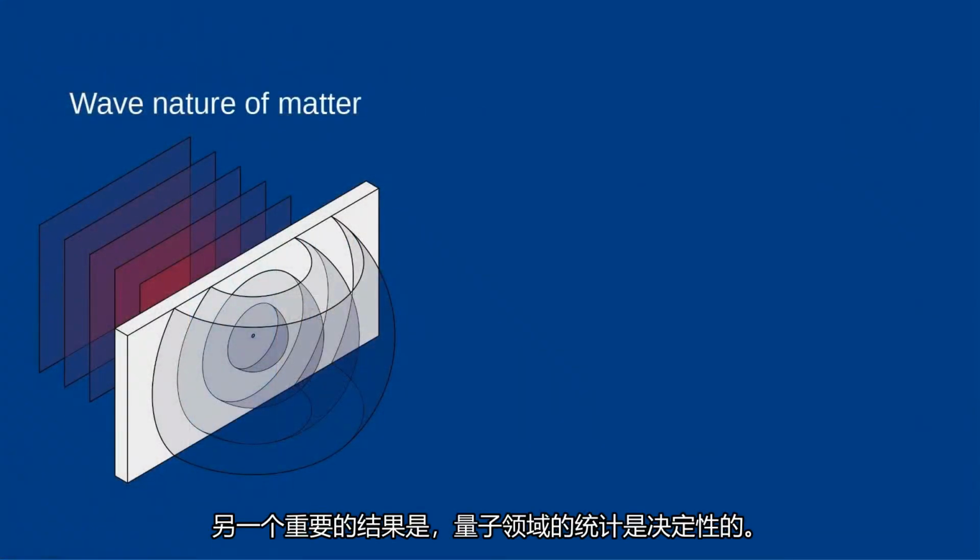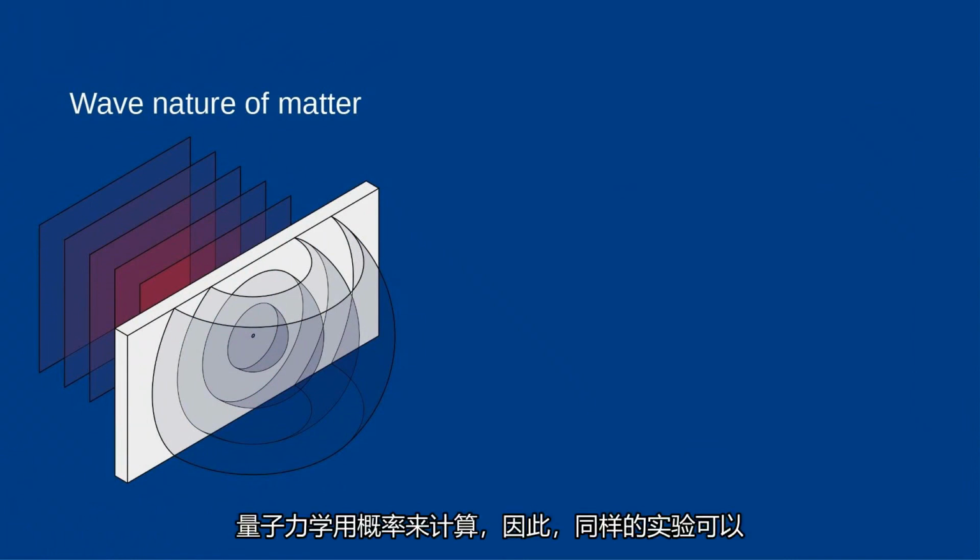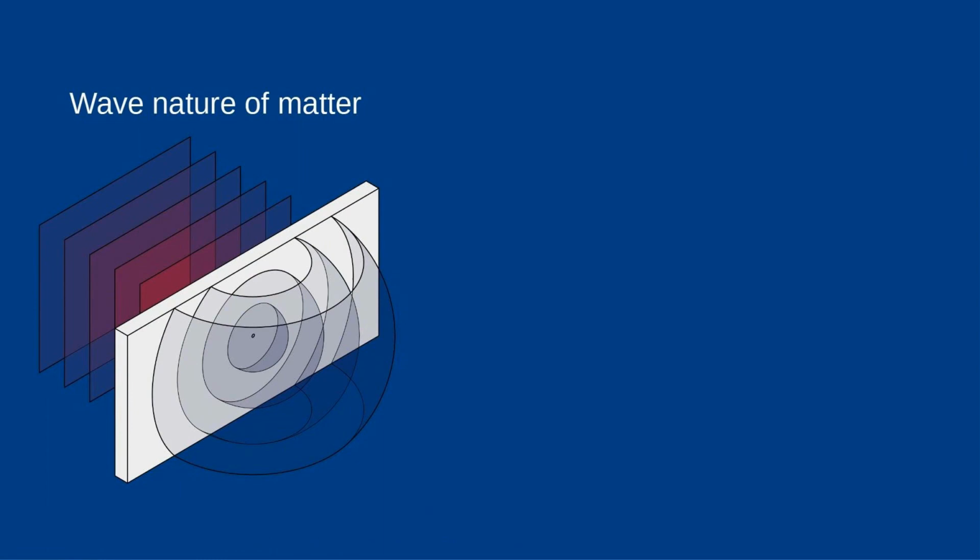Another important result is that statistics in the quantum domain is deterministic. Quantum mechanics calculates with probabilities, so that the same experiments can definitely produce different results. This is due to the wave nature of matter in the quantum domain. A particle that flies through a small hole does not always end up in exactly the same place on the